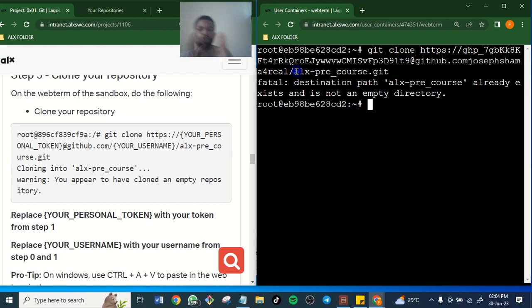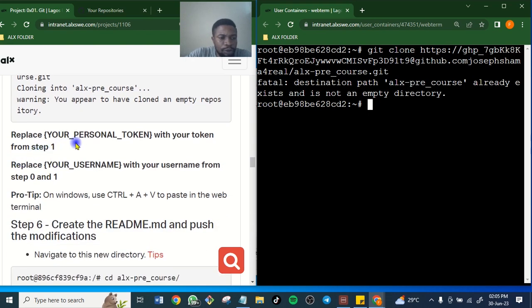Yes, it already exists. So you git push, and when you git push, it will just redirect you to your git. You get this has already been pushed, so this is what we would definitely have. So this project is done. It has been done before, so you can follow that same procedure and you will arrive here safely. So your personal token is your, okay.